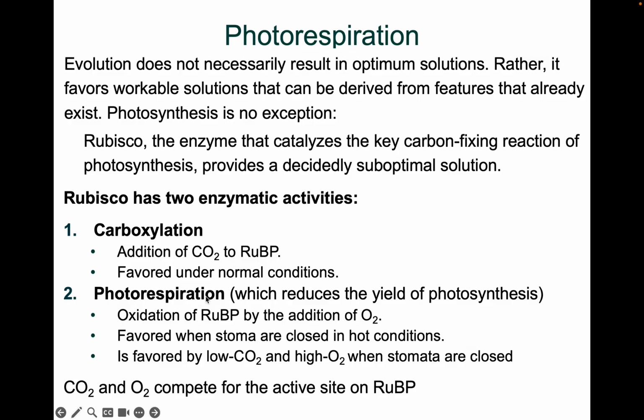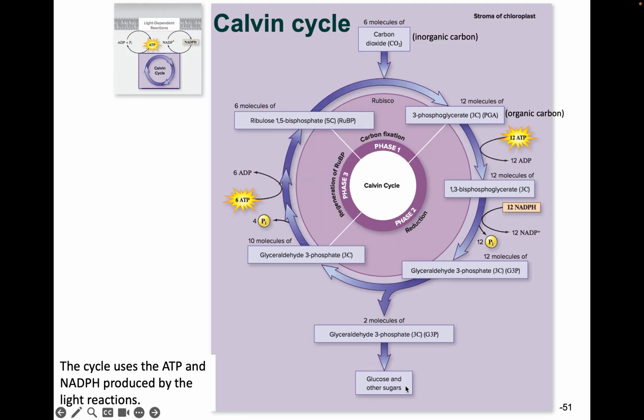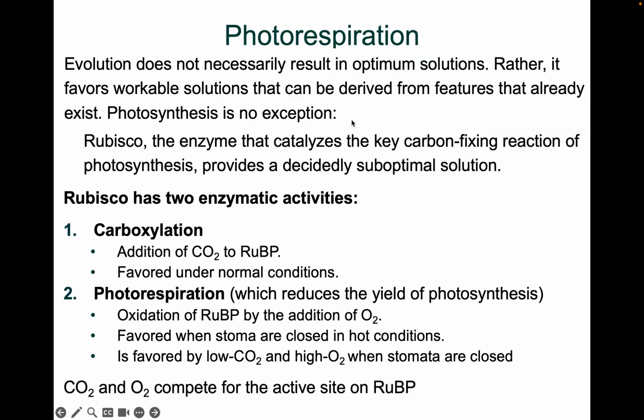So Rubisco has an active site, and whether it gets carbon dioxide or oxygen matters. If there's carbon dioxide, it's going to bind to Rubisco, and it's going to do the first incorporation of carbon dioxide into this RuBP. But if there's a lot of oxygen, it's going to bind to Rubisco, and it's going to do something completely else. It's going to give oxygen to RuBP, oxidizing it, and this is very bad because when it oxidizes this RuBP, it actually kind of